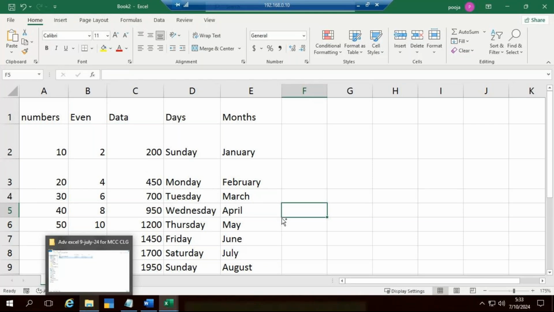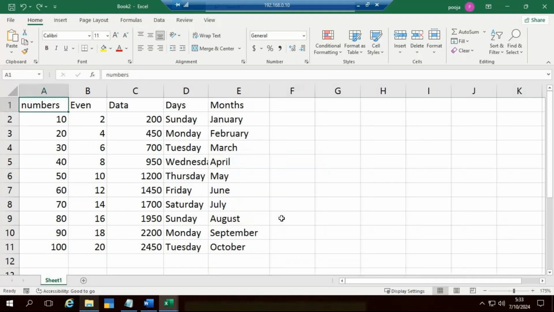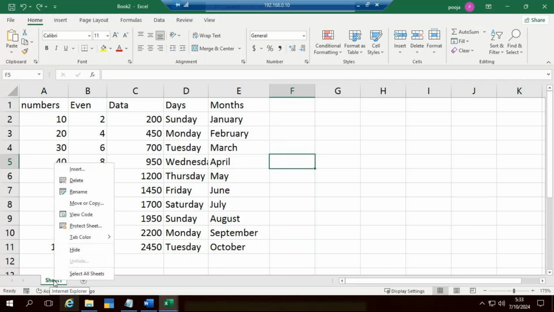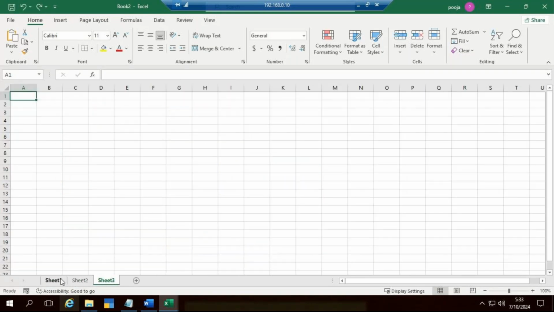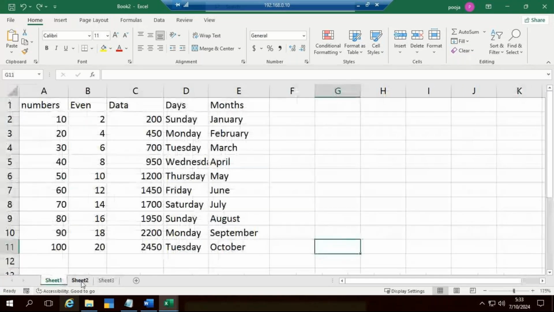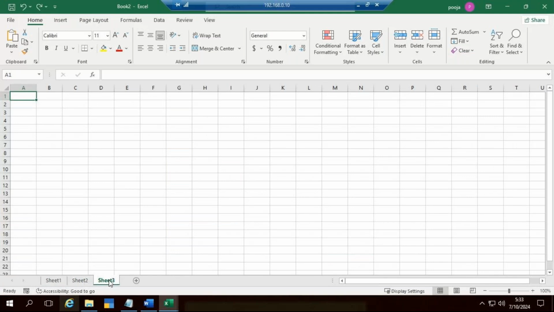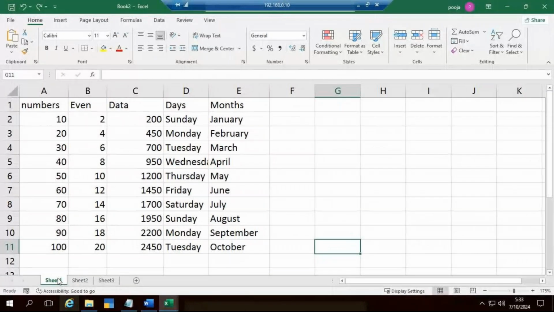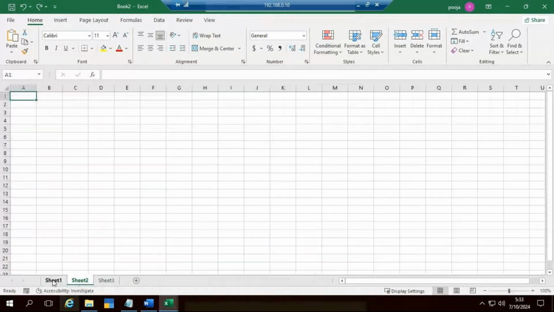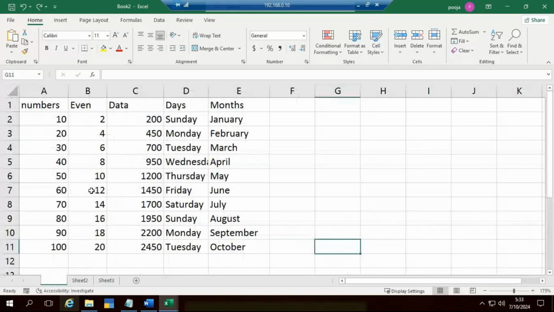No, ma'am. Okay, fine. So now we'll go for the sheet 1. When I right click on this sheet 1, you can rename your sheet. For example, when I have 3, 4, 5, 6 sheets, in sheet 1 I have purchase data. In sheet 2, I have sales data. In sheet 3, I have purchase return or income. Like that, I have data. So instead of searching like this, sheet 1, sheet 2, you can just right click on this, click on rename